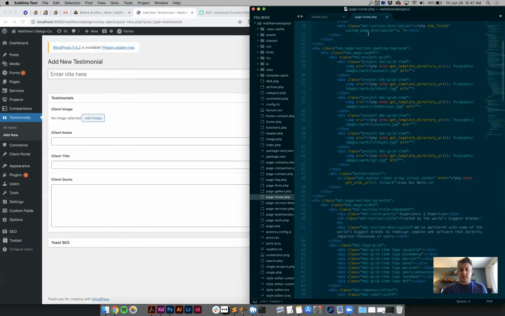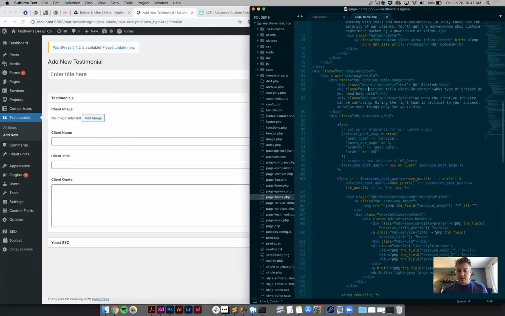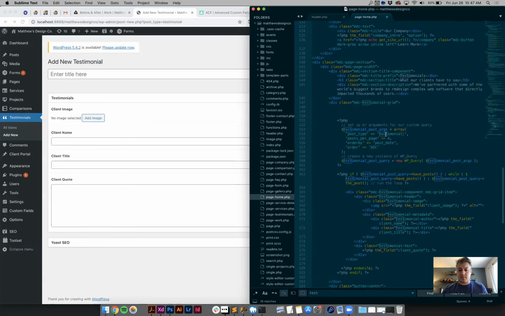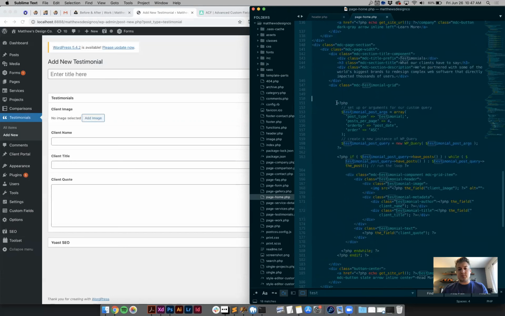is, let's see what I can find here. Okay, so this is where you're going to have to know some code to make this work. So if you're not super comfortable with looking at stuff like this, then I'd recommend just using something like Webflow. That might be a little bit easier, or a WordPress theme out of the box, or a Squarespace website, or Wix website, or something like that. But if you're comfortable diving into something like this, then